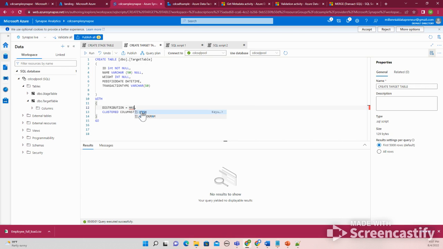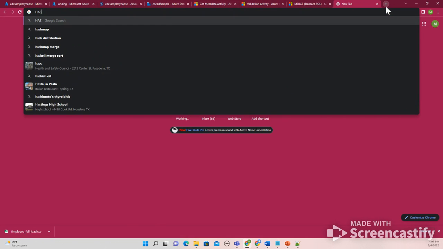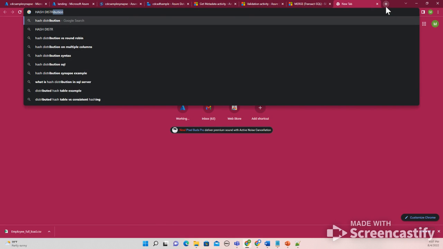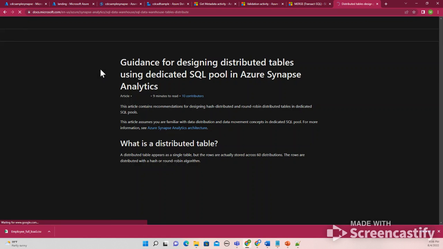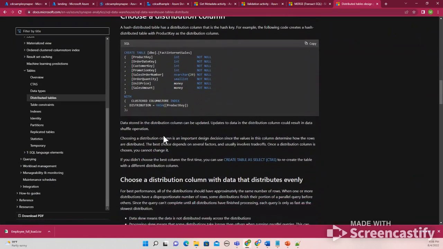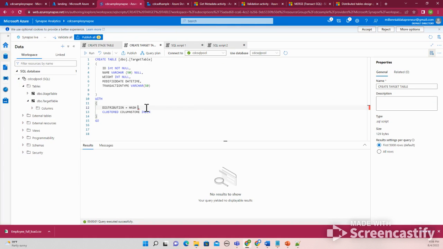Because that way, you know, if it can actually... I don't even know the syntax, hash distributed table syntax, distribution hash. So the idea is, if you are familiar with Azure Synapse, the hash distribution tries